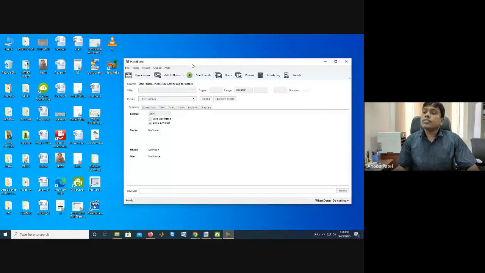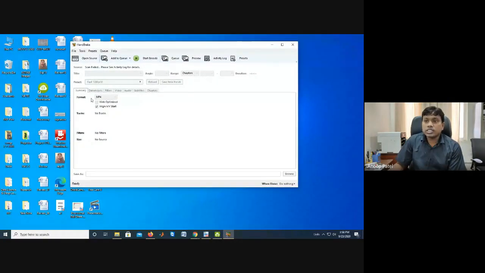Actually, what you have to do is just upload the video and set the format here. It should be web optimized, that's why we have to select it here. In case of dimension, we can select the dimension as per the quality we are expecting, but in most cases we select the dimension as the source is. We use the filter, and the default value we can take. Once we have configured this setting, we will start encode.